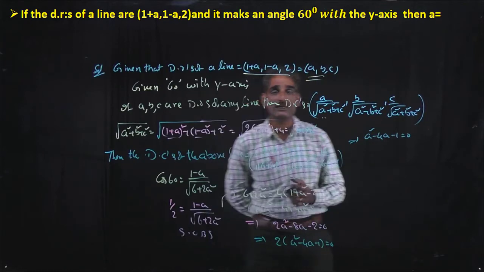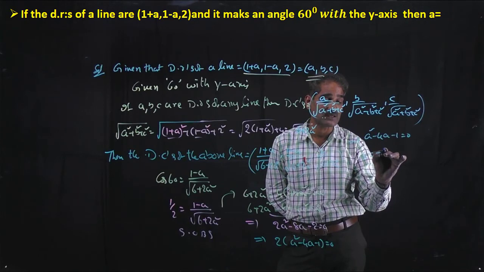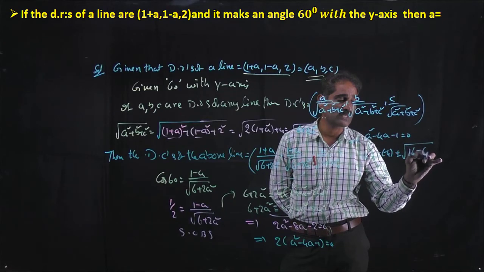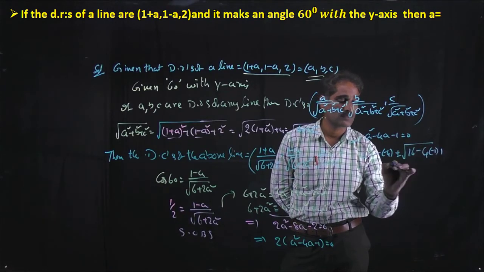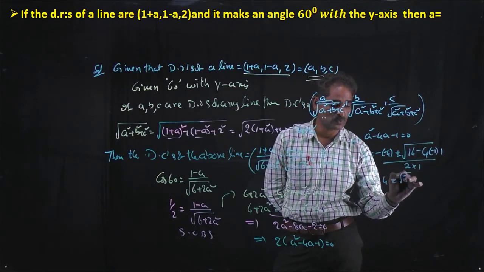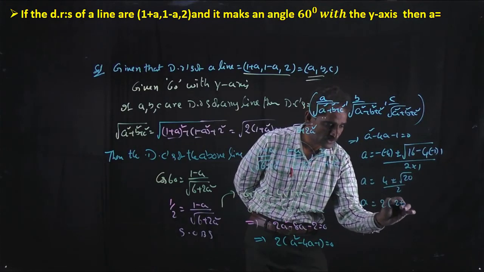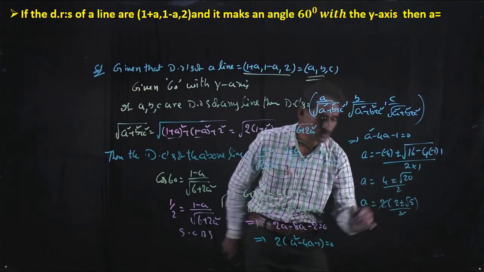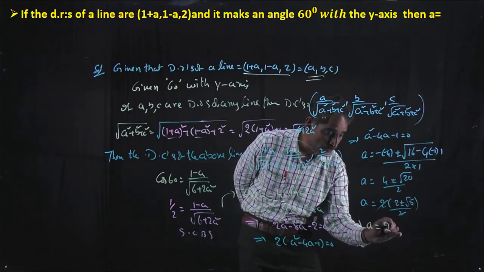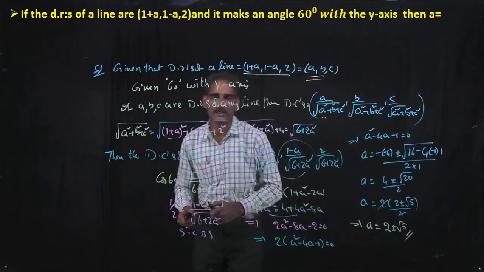So there exist irrational roots. For that, use the formula a equals minus b plus or minus root of b square minus 4ac by 2a. So a is equal to 4 plus or minus root 20 by 2. Here we can write a is equal to 2 into (2 plus or minus root 5) by 2. The 2 gets cancelled. Then from this, there exist 2 values for a here. So these are the values of a. Okay, right. Thank you.